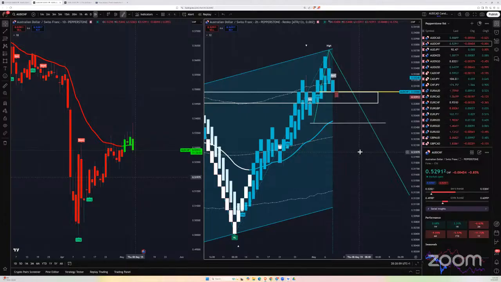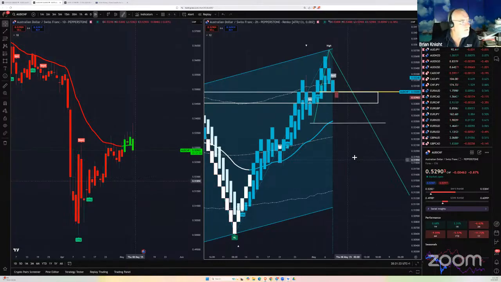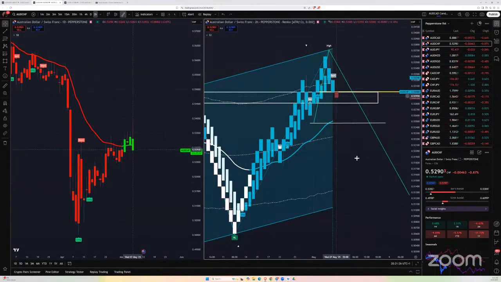Just because it says short, it doesn't mean it's continuing. That's right, because it can't break the bottom of this green wick down here. It only has to take the bottom of the last candle where it said long, and it did. So this can literally turn around now and go boink, boink, boink, back up and create a new high. We don't know. Well, it is still in the uptrend. Still in the buy. Yeah, it's still in the buy.